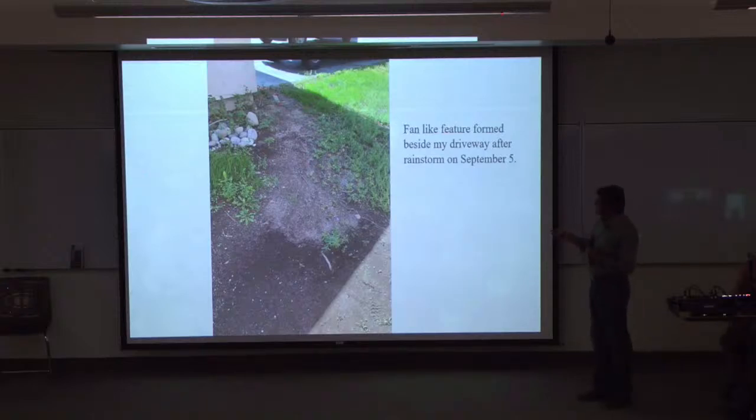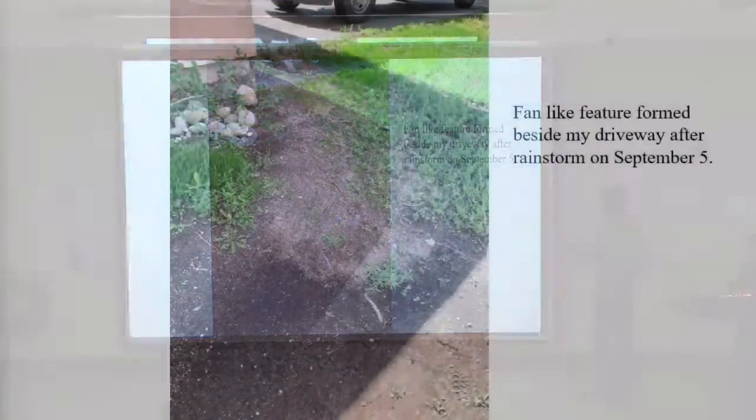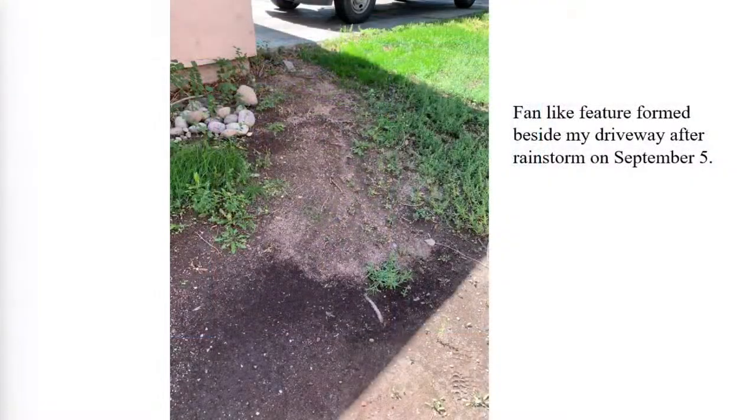There's a little gutter spout here, a drain spout here, that was releasing a lot of water, and it's obviously higher at this point. It moved sediment downhill, and because of the weeds and the grass and these little pebbles here, there was this confinement that was created, and it was able to confine the sediments to this point, and it then fanned out to create a fan-like feature downhill from this point here.